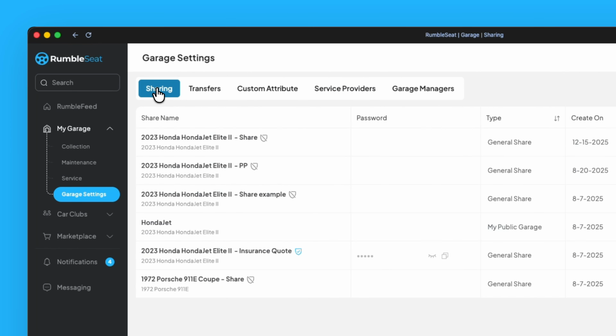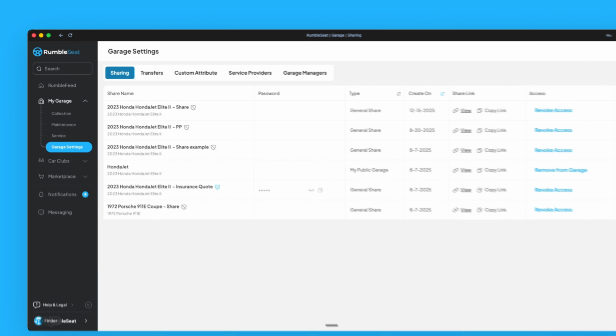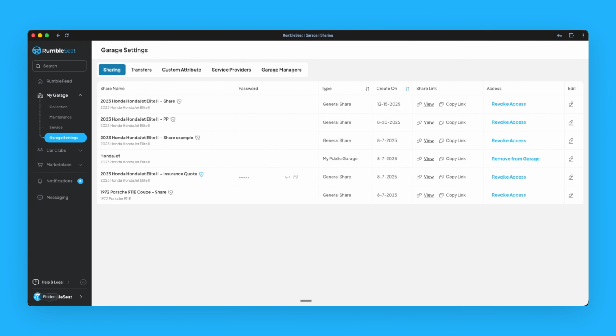So by default you'll be delivered to Sharing, and this is really a directory of all of the secure share links that you've generated from items in your collection. Now, as a quick reminder, there's 3 ways to share data. You can create a general share, which allows you to configure the information that will be available in that share. So you can turn on and off data. You can also choose to make it password protected if you want heightened security in order to access that share